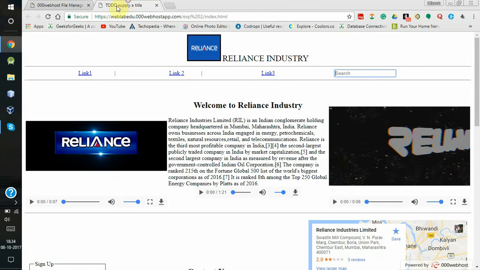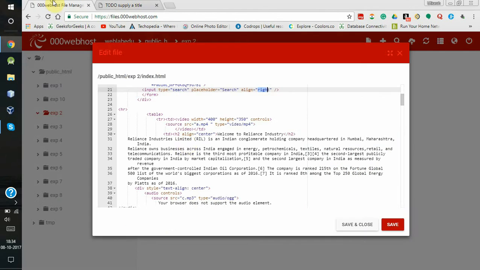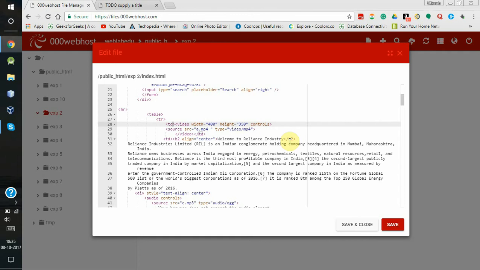Now this whole layout is in a table form. You can see here this table tag starts. Inside that there is the table row, and then table data, means the first, I need to put it like that for better understanding. So this first row contains this video with width 400 and height 350, and